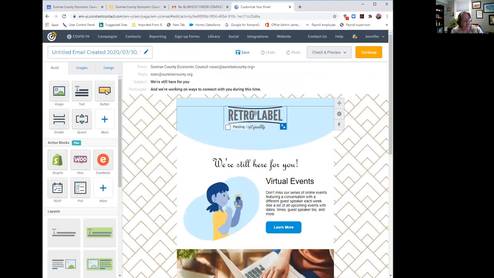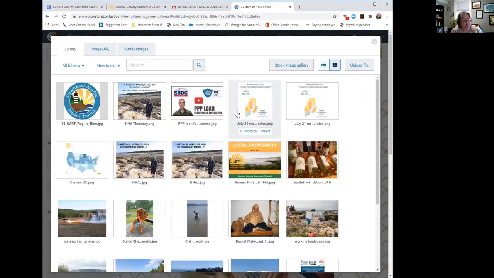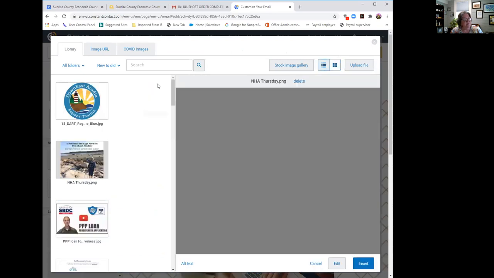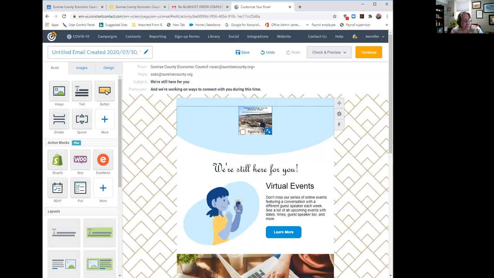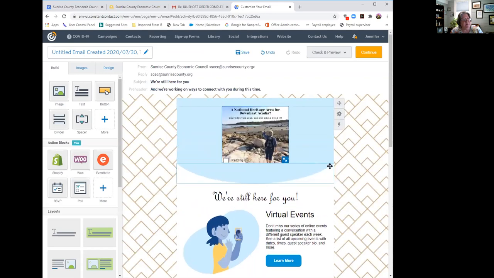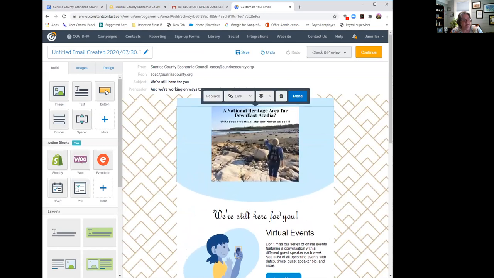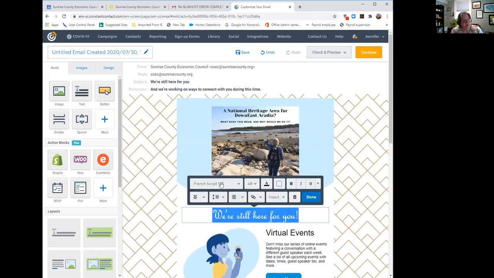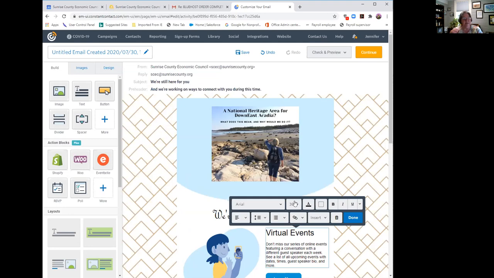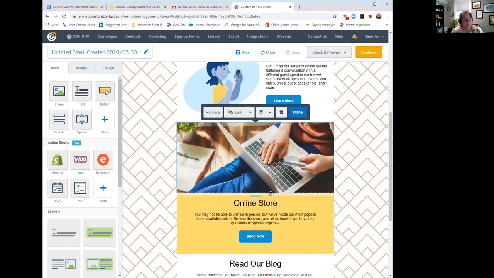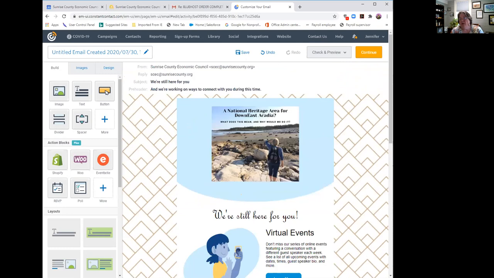It's actually pretty easy. This is an image, so you could replace the image and pick something of your own and insert it. Then you can change your sizing, you can do whatever you want. As far as text, you can change it and put your own spin on it so that you're using your branded fonts, and make it say whatever you want. It's much easier than starting from scratch and having to figure out where to place things.